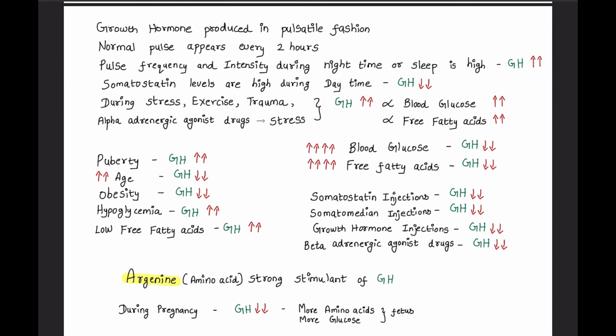And know that whenever the growth hormone levels are higher than normal, your blood glucose levels are also increased, and your free fatty acids are also increased. Whenever there is a very high level of blood glucose in the circulation, your growth hormone is decreased. Whenever there is a very high level of free fatty acids, your growth hormone is decreased. So this is how the regulation